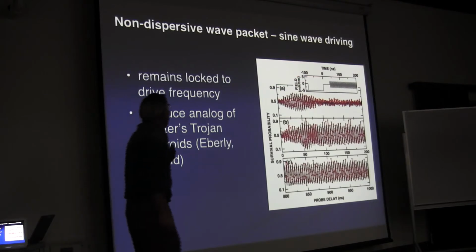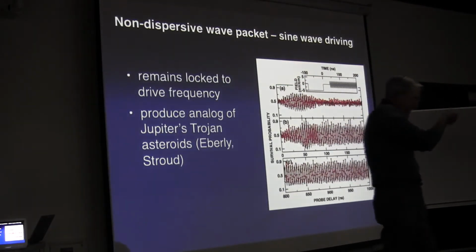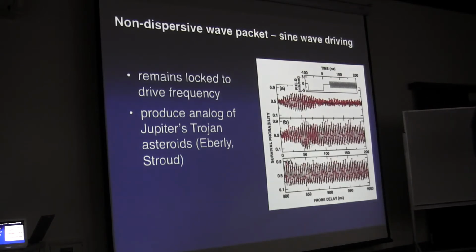Now, the problem is we would like to take our circular state at n equals 300 and move it up to n equals 600. But what I showed you previously was that the motion of the wave packet was locked to the drive field. If you start modulating the drive field, if you start chirping it to lower frequencies, you would expect that it would stay locked. It would move to higher values of n. And in fact, it does.